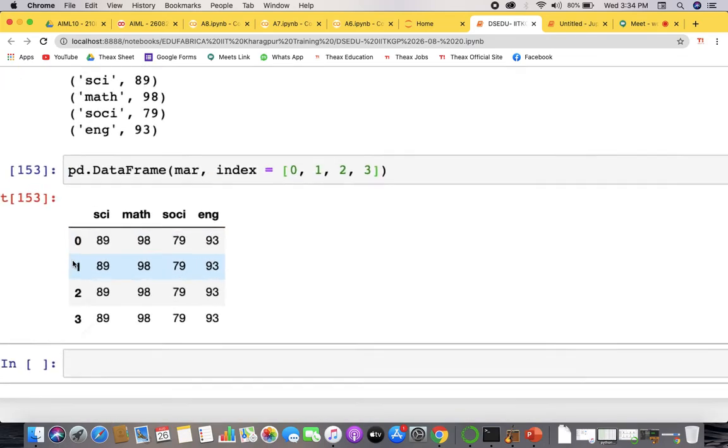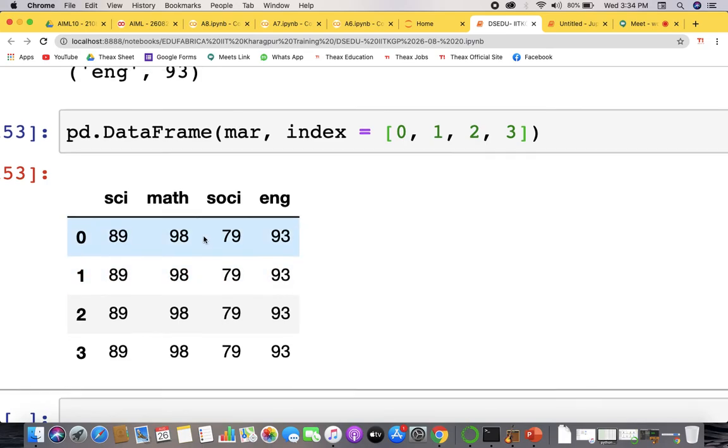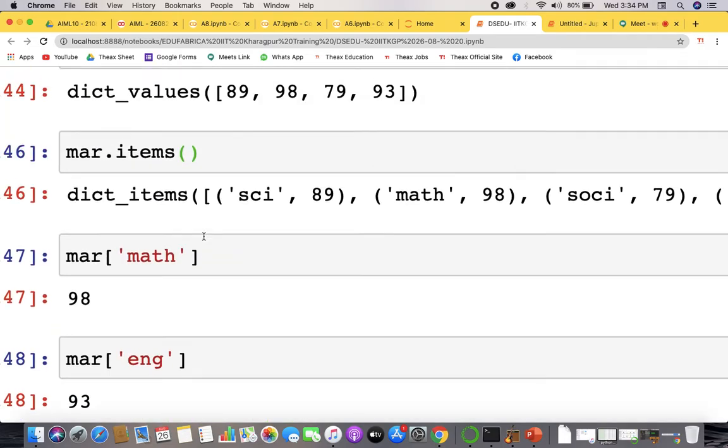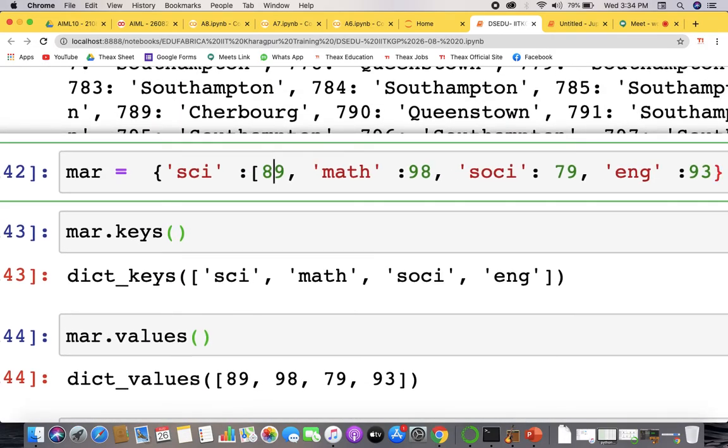You could find that these are the marks of the people, right? If you define different marks, there could be different marks. We have even defined just one marks, so we could do it as, let's say, 89, 88, 87, 86. Okay, now you would be starting your data science part from tomorrow, so I'm just giving a glance.